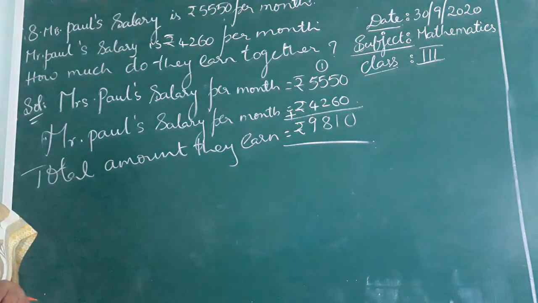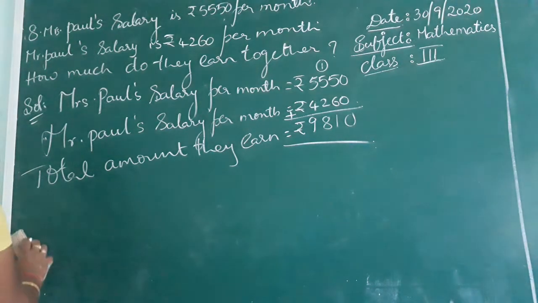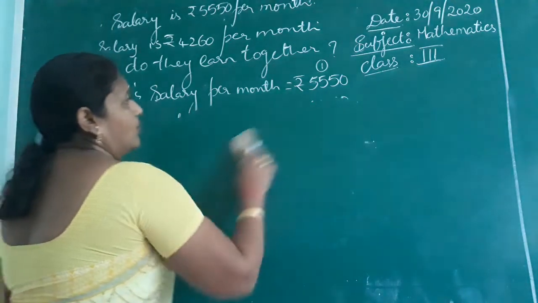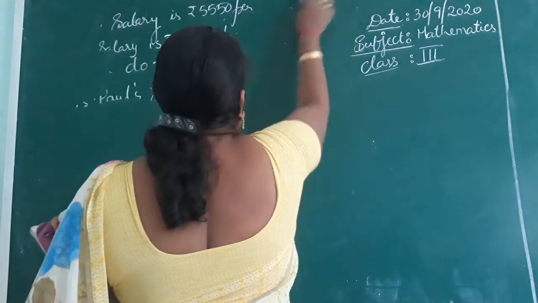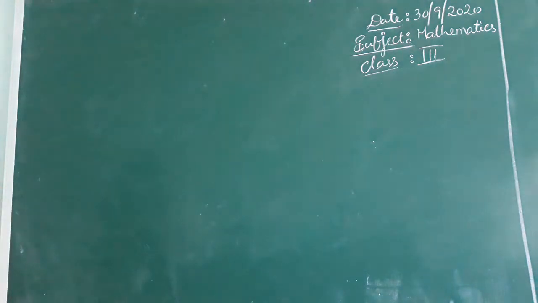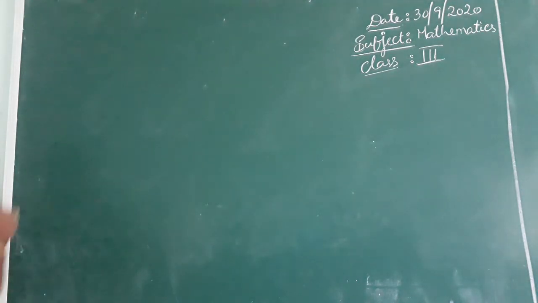Both of them can earn 9,810 rupees. Okay, see the next one. Here they have given a poem for us about wool. In your childhood you heard a poem, Baa Baa Black Sheep, have you any wool? Yes sir, yes sir, 3 bags full. Have you heard this poem? Yes, you learn it in your nursery classes. That means from this we get the information that sheep will give wool for us. So, see the 10th one.